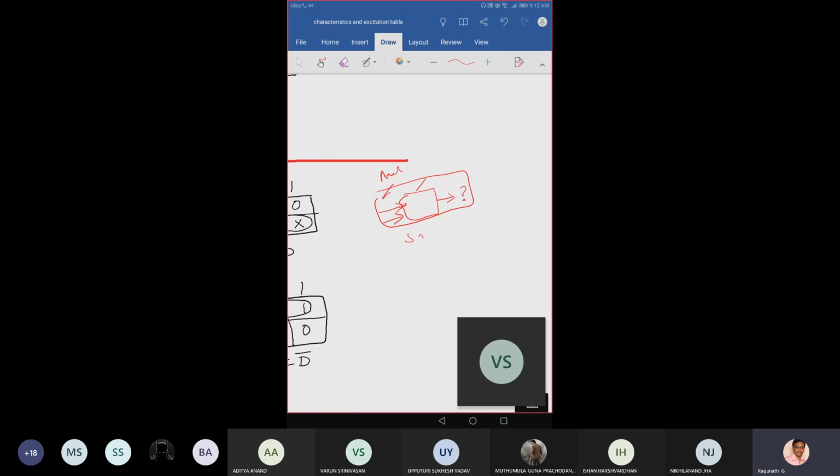And synthesis means I don't have the circuit. Please understand, I don't have the circuit. I know only the output. I want to design this kind of output. So here outputs are known. I don't know about the circuit and I don't know about the inputs. For example, if I want to design a mobile phone, we are a designer and I want to design a mobile phone.